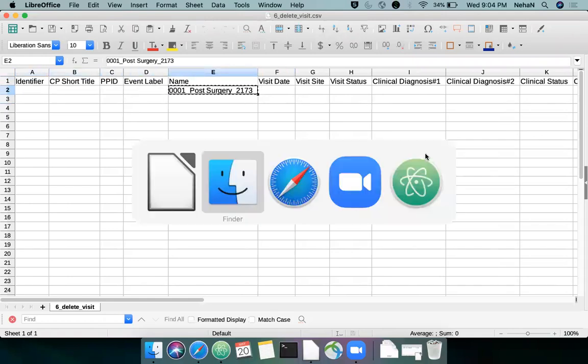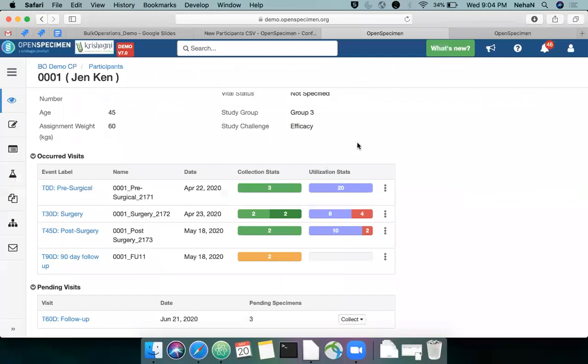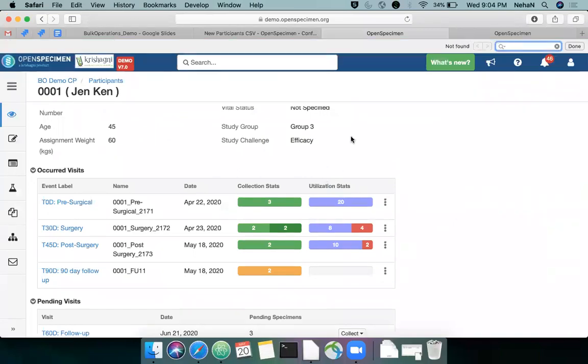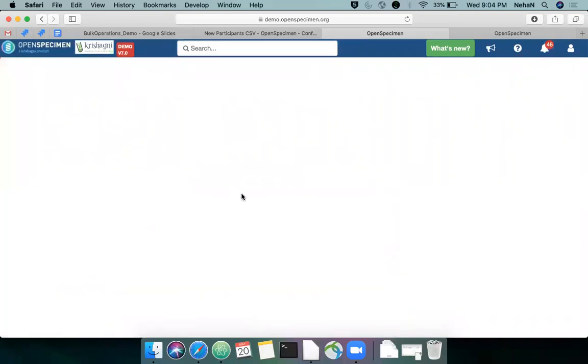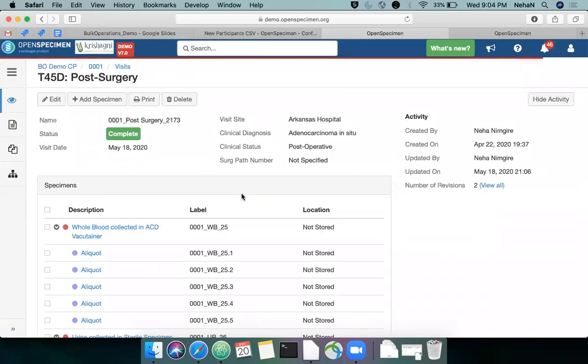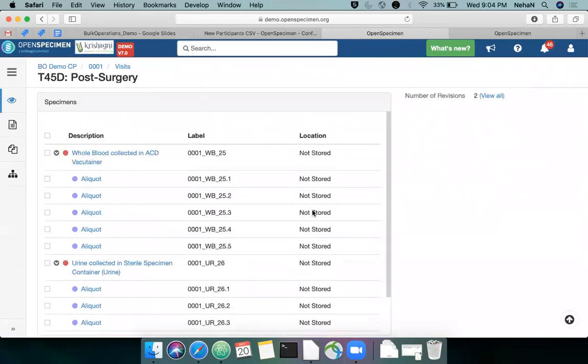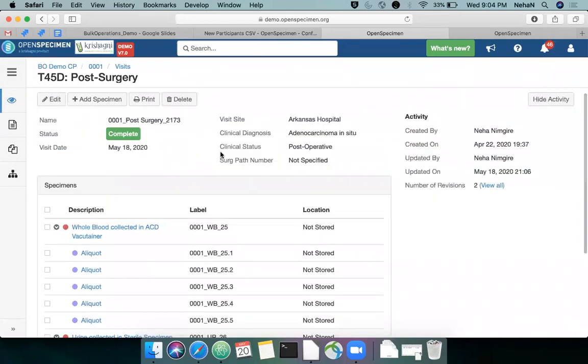Some user accidentally clicked into the post-surgery visit, and I don't want that visit in OpenSpecimen. There are some samples collected as well, so when I delete this visit, it will delete the dependent data as well.